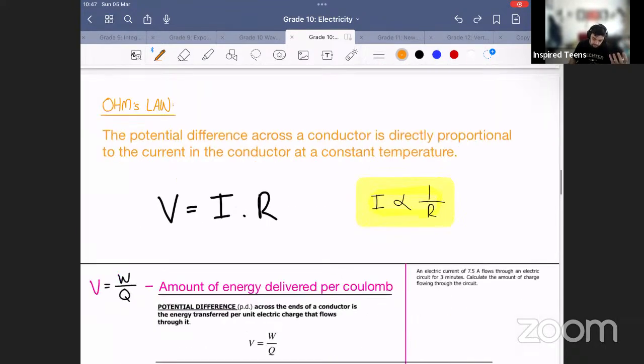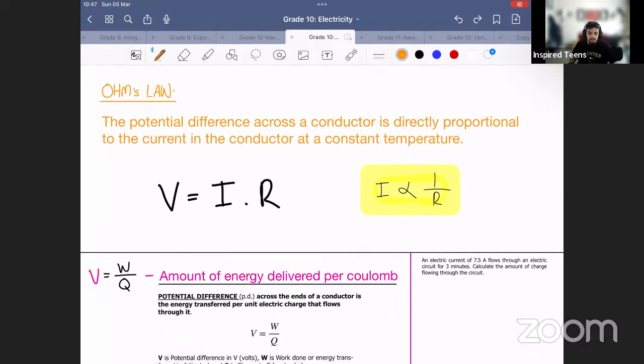We're going to discuss Ohm's law, which I'm sure many of you know about. It's a crucial part of the section, the pivoting part actually, because it gets us into the calculations. Ohm's law gives us a law and also a formula. The law is that the potential difference across a conductor is directly proportional